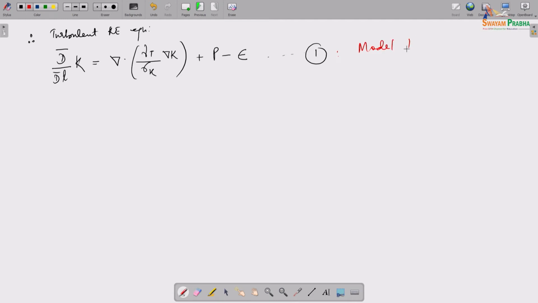So this is the model transport equation for K, right? Okay. I'll give you some values. I think it's best to sort of write down these values here itself, say something about these. Okay. Now,